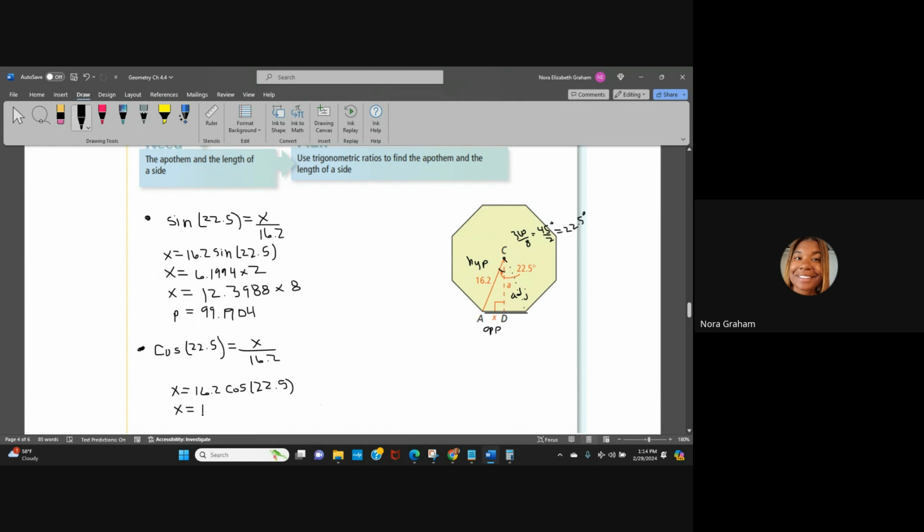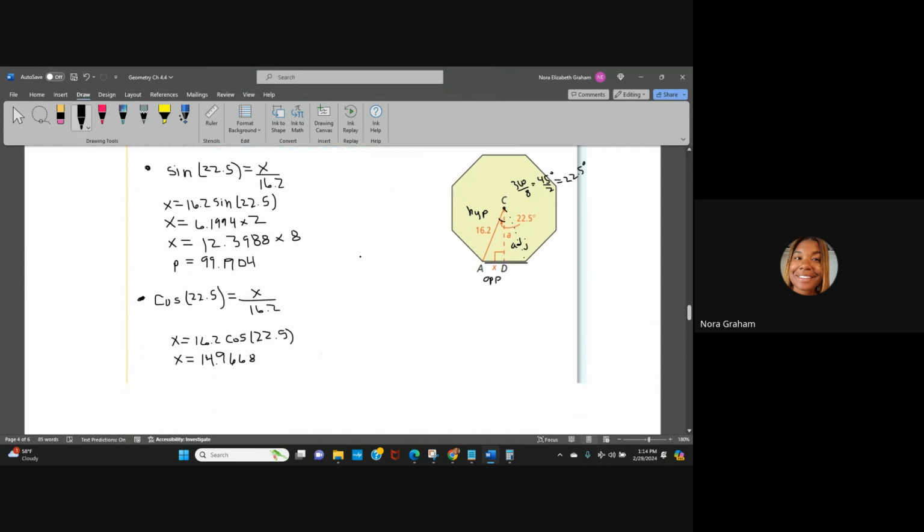So 14.9668. Again, I like going at least 4 numbers after the decimal so I get a more accurate reading when I do it all at the end. All right, so now I have my perimeter, which I can count as my base, and then I have my height, which is my apothem,